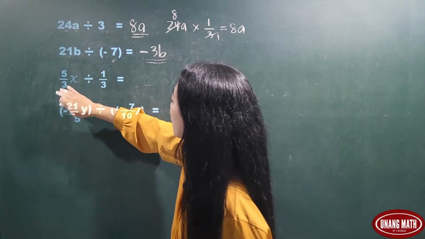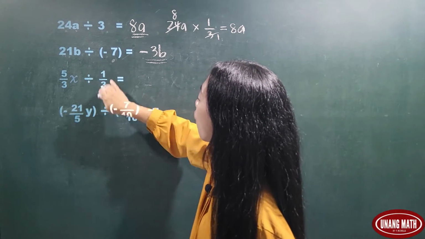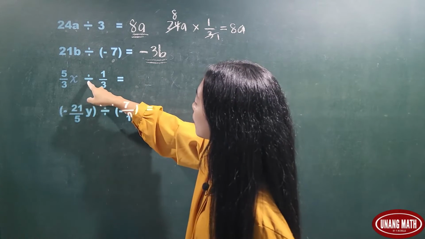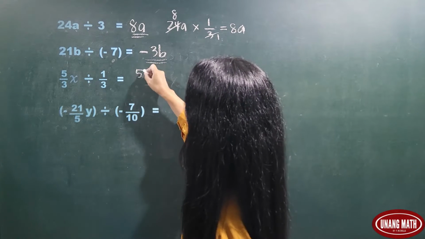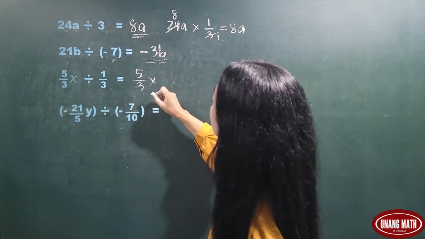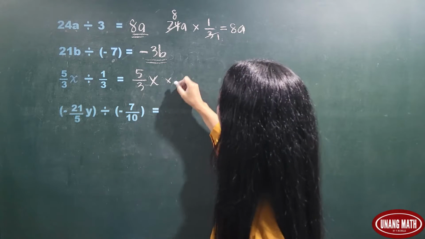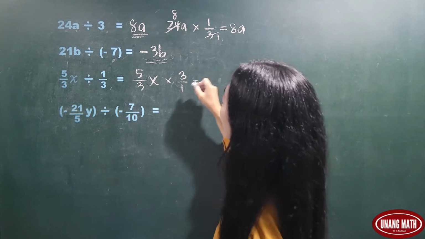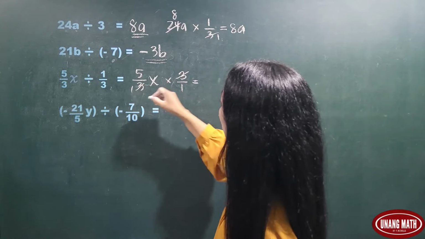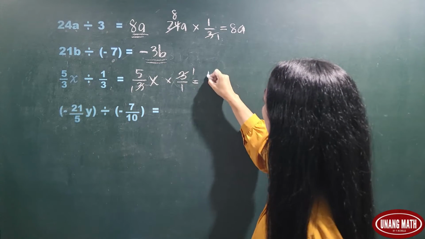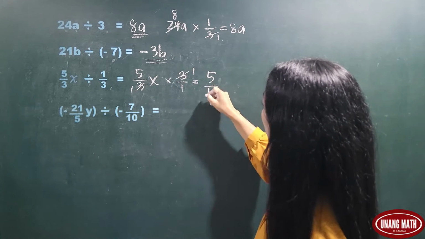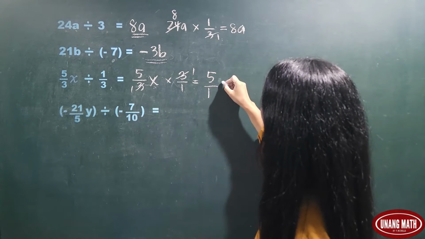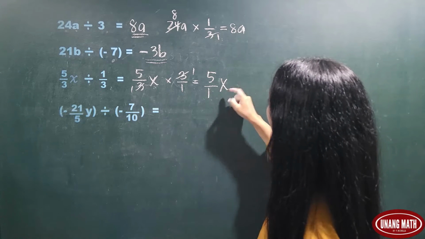Okay, how about for 5 over 3x divided by 1 over 3? Okay, get the reciprocal of 1 over 3, so division becomes multiplication. Let's do it. 5 over 3x, okay, times the reciprocal of 1 over 3, which is 3, or 3 over 1. Okay, simplify, so this becomes 1 and 1. So 5 times 1 is 5. Denominator is 1. The variable x must be written to the right of 5 over 1 or 5. So 5 over 1x or